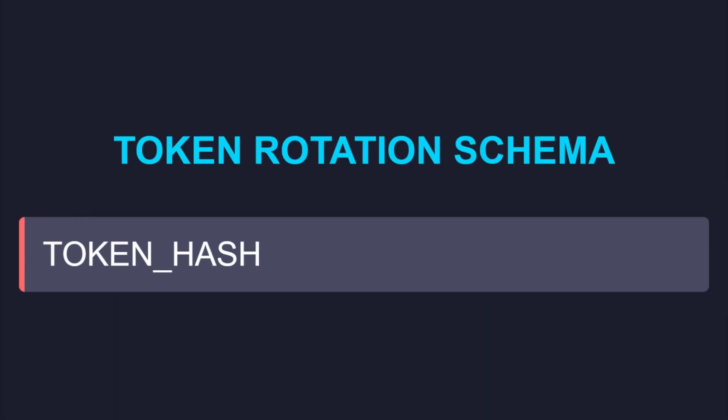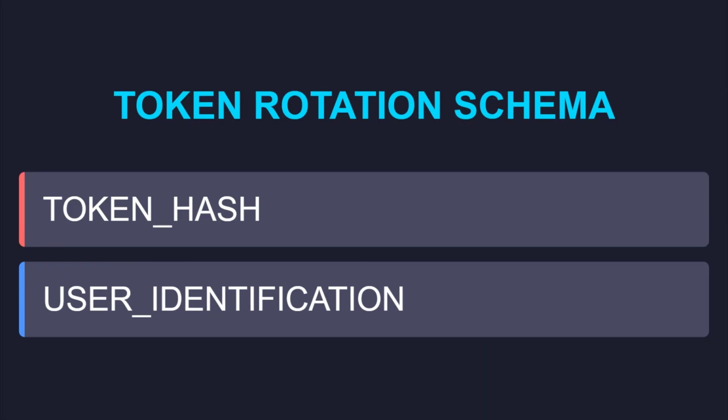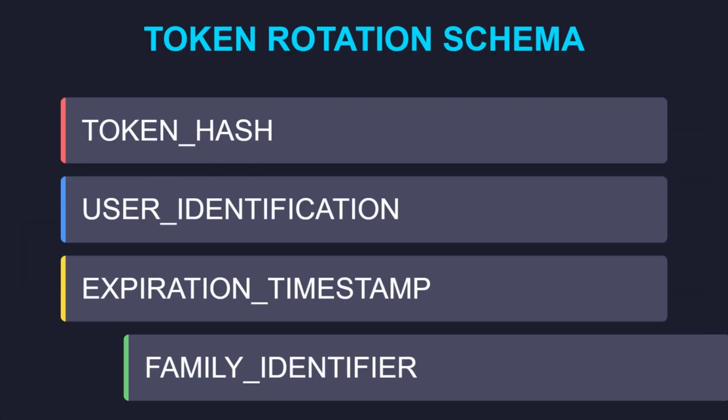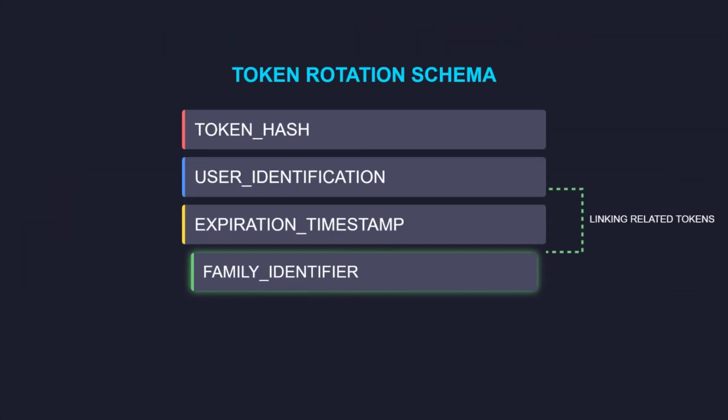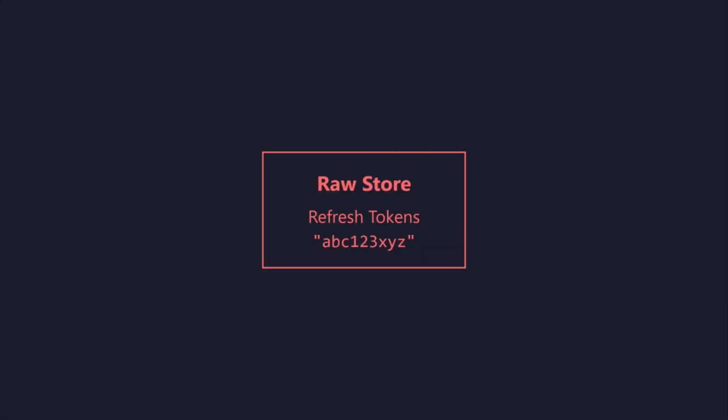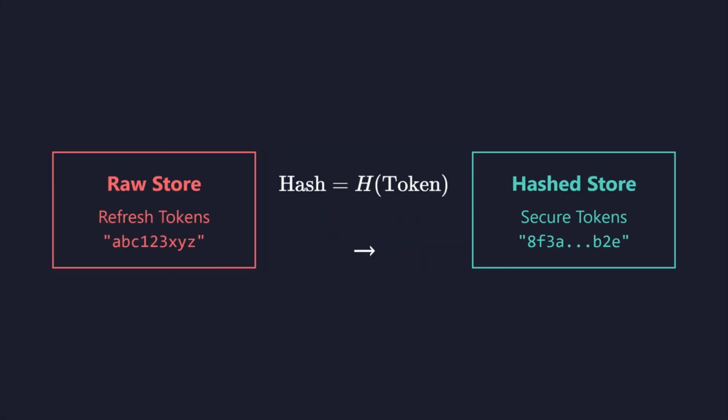A secure database schema for token rotation requires columns for the token hash, the user identification, the expiration timestamp, and a family identifier to link related tokens together. Never store refresh tokens in plain text within your database. Applying a strong hashing algorithm ensures that even if your database is leaked, the attackers cannot use the stored data